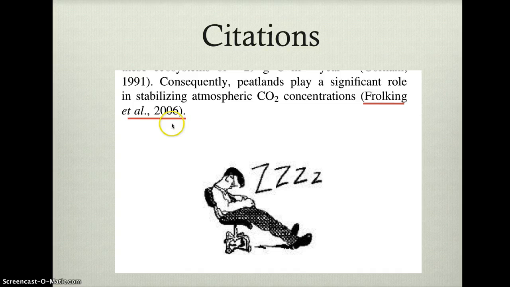One other way is if the paper has more than two authors, instead of having to list them all out, you can go ahead and just use this et al. And so in this sentence, it's from one paper, but the paper must have had a number of authors, and so you can just use the et al.